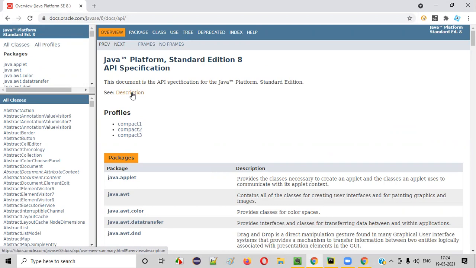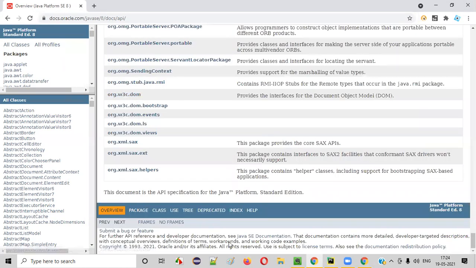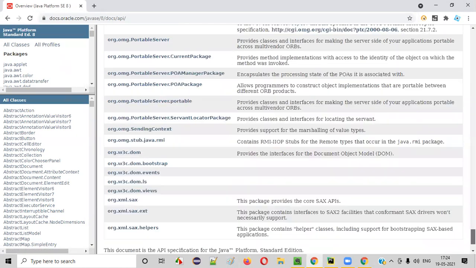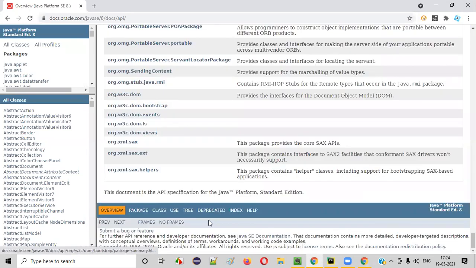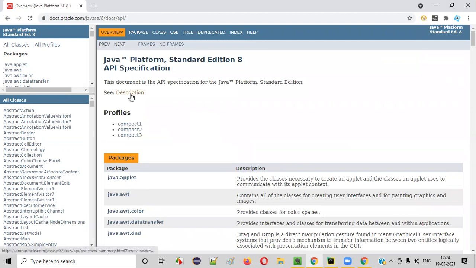I just want to click on the description. If I manually click, guys, I'm taken to the bottom of the page, okay? If I manually click on this description, you are taken to the bottom of the page like this. Automatically, I want to click on this link, guys. That's what I want to do.